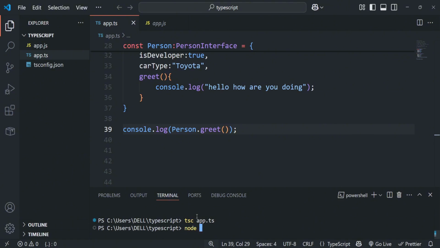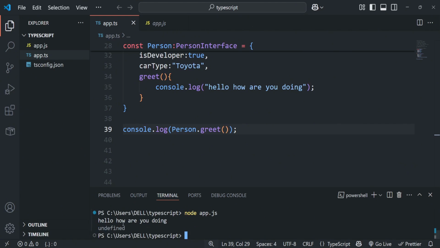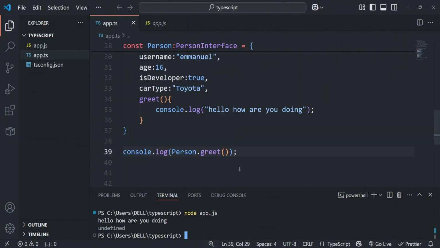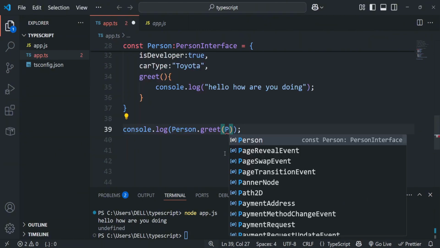Then run the JavaScript code with node app.js. Then you can see right now we have "hello, how are you doing?" Now you can actually pass an argument to this method. I can say I want to pass in the name of the